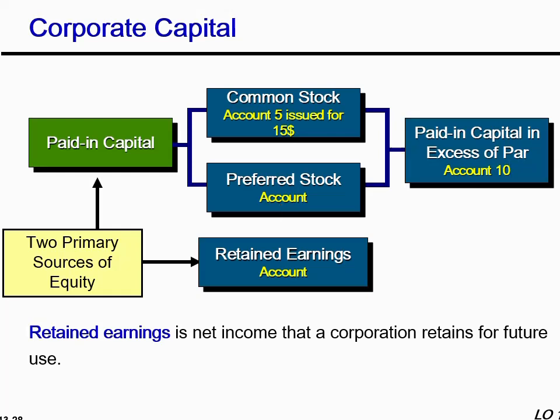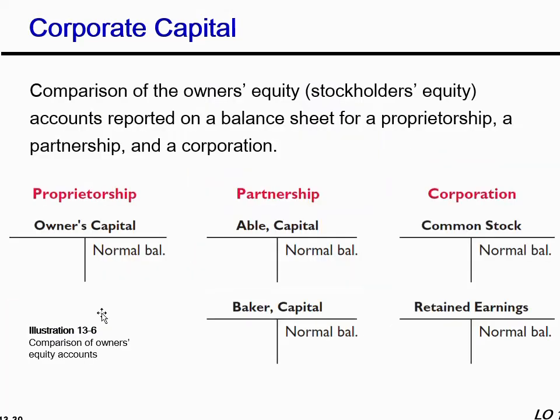Let's move towards how the capital account looks in all the three types of corporate companies or businesses. When we talk about sole proprietorship, it has owner's capital only in its capital account, and it has a normal balance of credit. In case of partnership, as many partners are there, that many capital accounts would be there. In case of companies, we do not have owners' accounts separately. We have one common stock, or you can say one paid in capital account, and one retained earnings account.